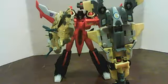Hello again, everyone. This is Game Collector, and you have no idea how long it took to set him up like this. At least without knocking him over or falling over, or without all the minicons from Armada or Energon falling off, because this is Transformers Generations Armada Starscream, who is actually like G1 Starscream, who turned into War for Cybertron, Fall of Cybertron Starscream on Cybertron, who turned into this,